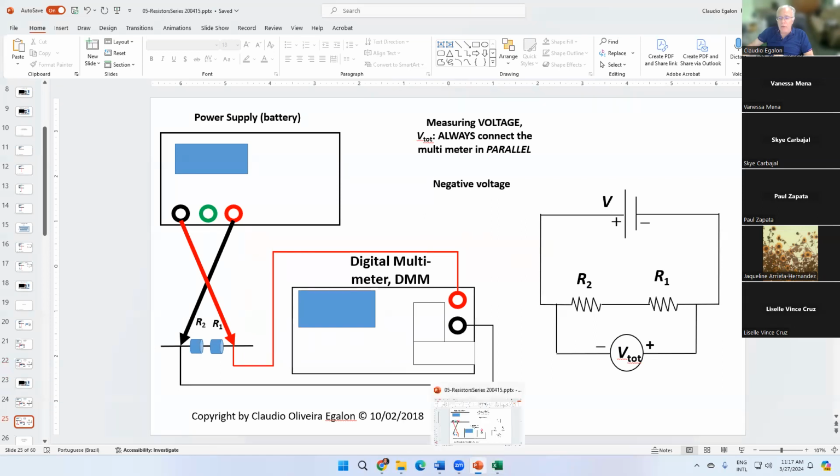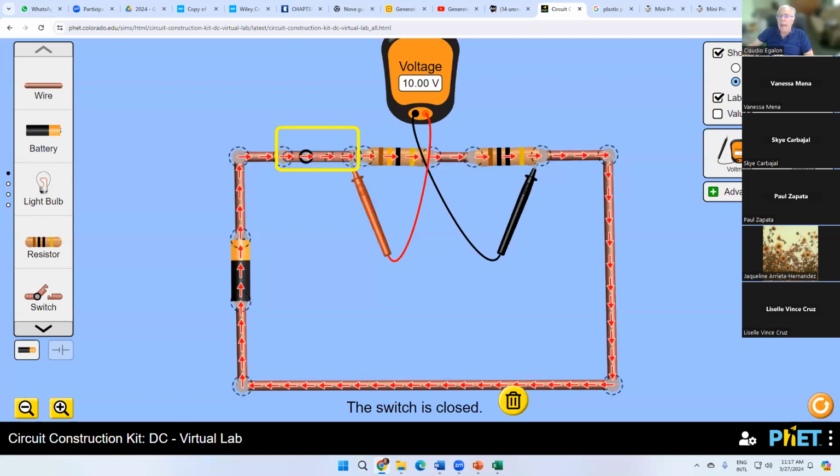And then we invert the polarity. And how do we invert the polarity? In this case, we have to put the battery upside down. When we put the battery upside down,